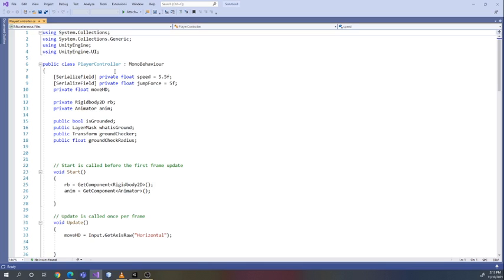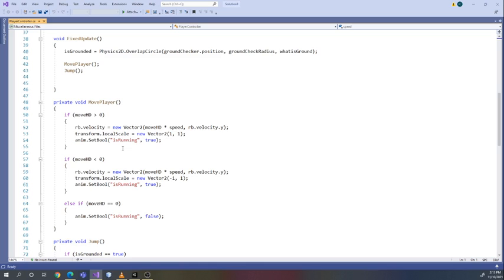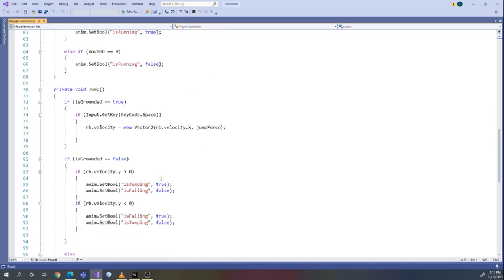So this was all set up in the movement part, right? So nothing's new there. In our move, we input data, get access raw, so we click the cursors, we move right or left. And then our is grounded we set up before, our move player, and so on. So the only thing that you're really changing here is when we're changing the animations, right? So our move player, nothing changes there. So this is all the same. So where you are changing is